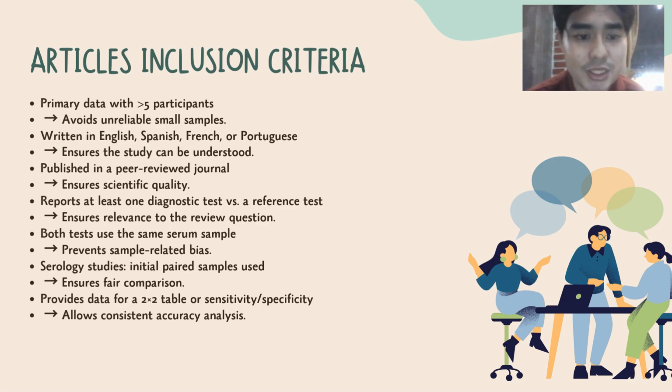In the first criteria, primary data with greater than 5 participants, to avoid unreliable small samples. Then written in English, Spanish, French, and/or Portuguese, to ensure that the study can be understood. Then published in a peer-reviewed journal to ensure scientific quality, and then report at least one diagnostic test versus a reference test to ensure relevance